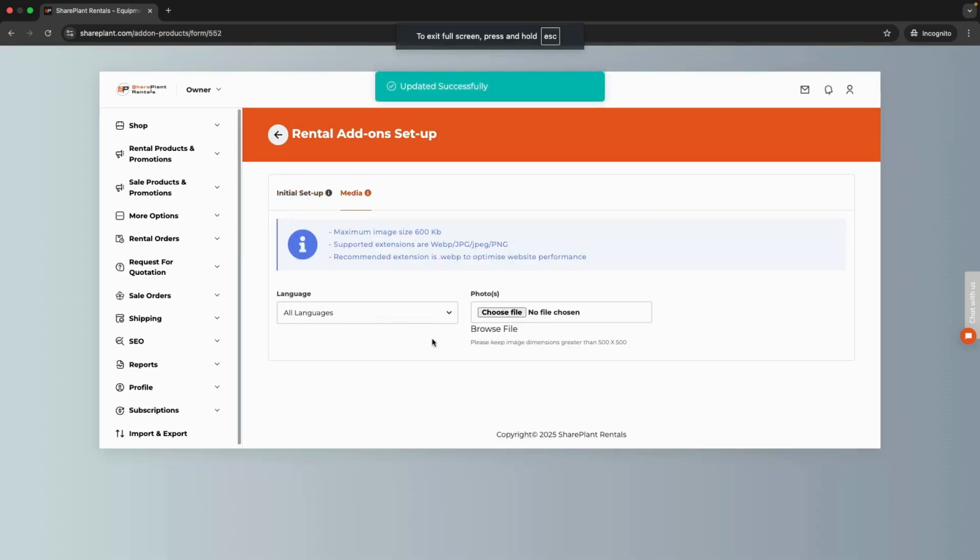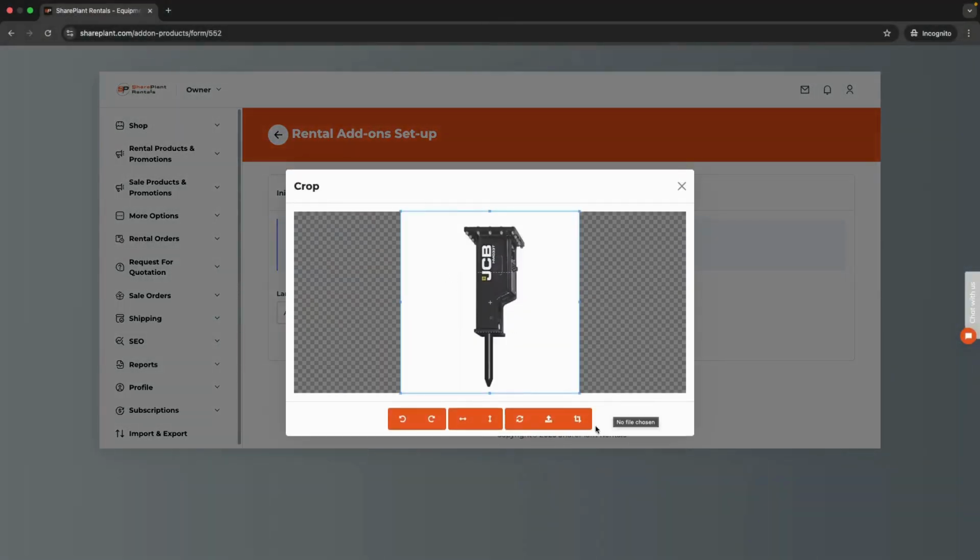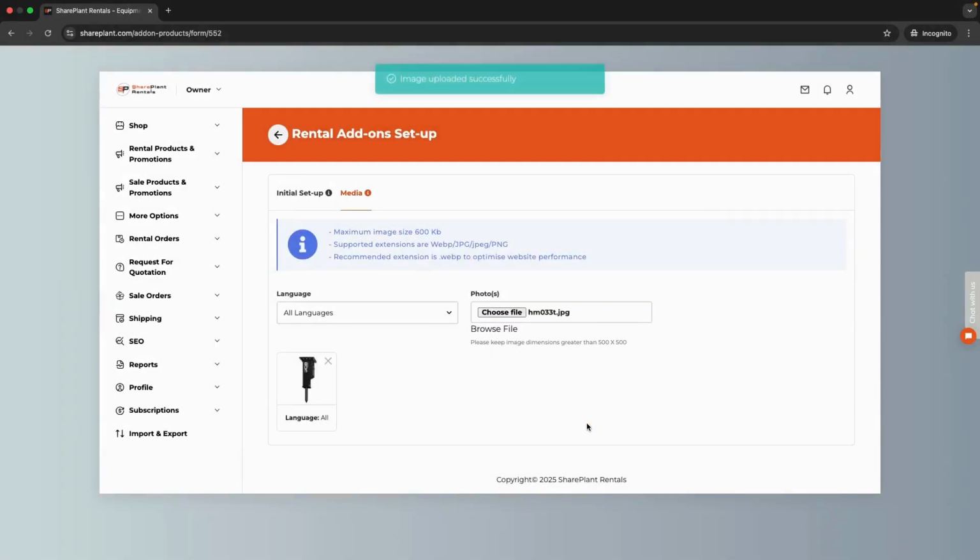You can add your image in the Media tab, but make sure your image follows the specifications required for it to be uploaded. The image should be no bigger than 600 kilobytes. It should be one of the following formats: WebP, JPEG or a PNG, however the recommended extension is WebP to